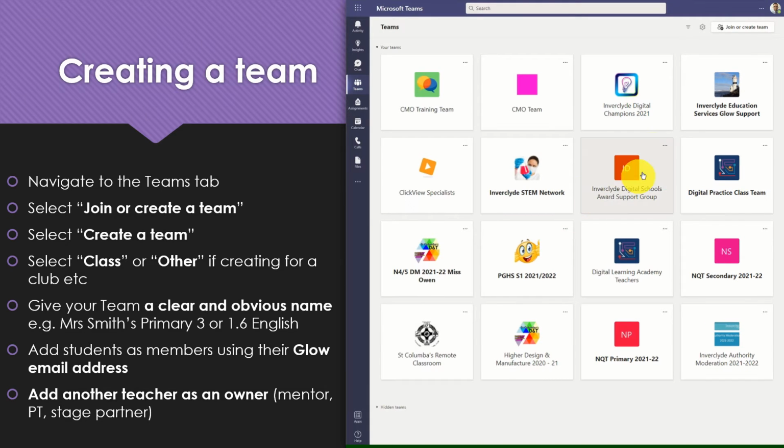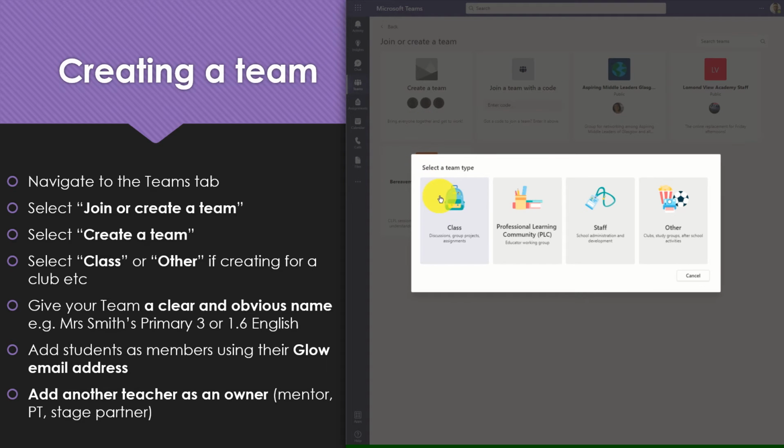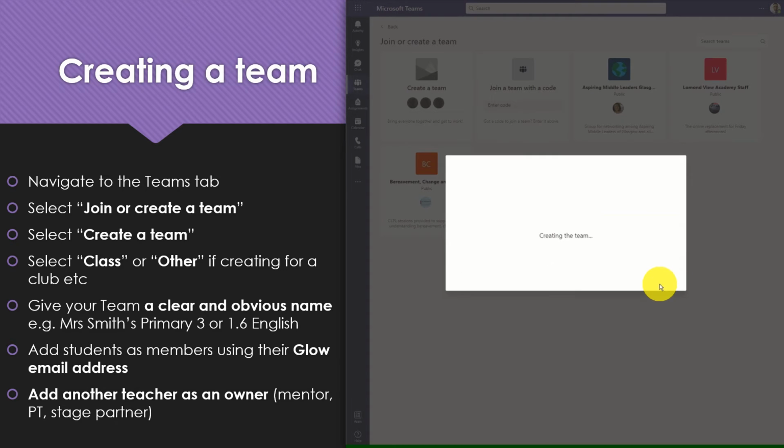To create a team, navigate to the Teams tab. In the top corner, select Join or Create Team. On the next screen, select Create Team. In this example, we are going to be creating a class team. Give your team an appropriate name, and you can also provide a description if you wish. Select Next,